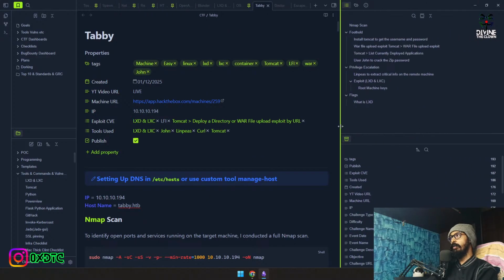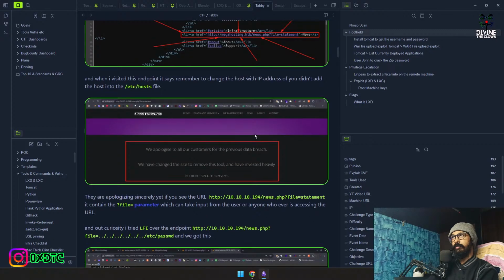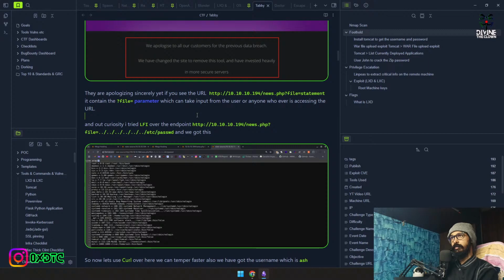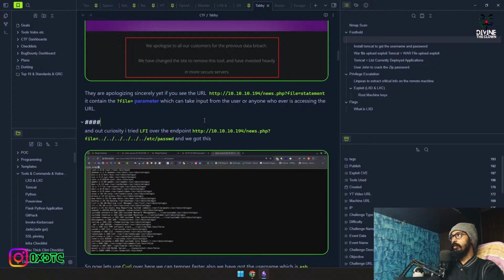Here you can see what we did. First we exploited the Tomcat. There was another vulnerability that was LFI. Discovery of LFI vulnerability. So first we discovered the LFI in the Apache, then we found the Tomcat username and password using the same. Then we uploaded the exploit war file over the Tomcat, and using that we got the reverse shell over the